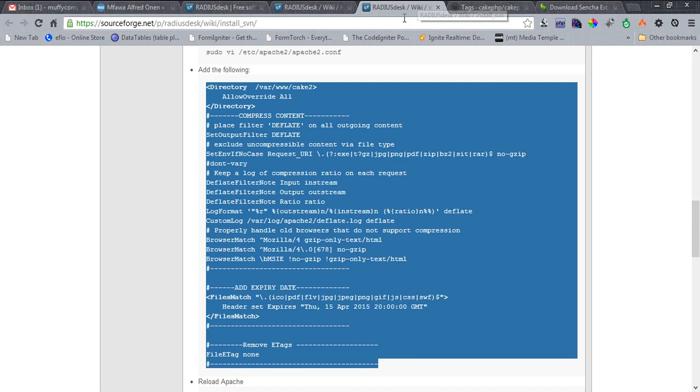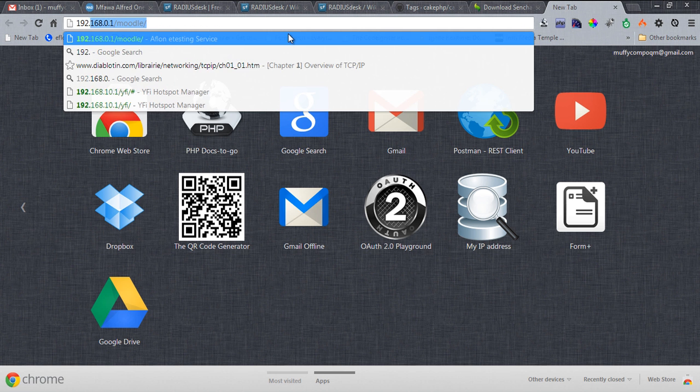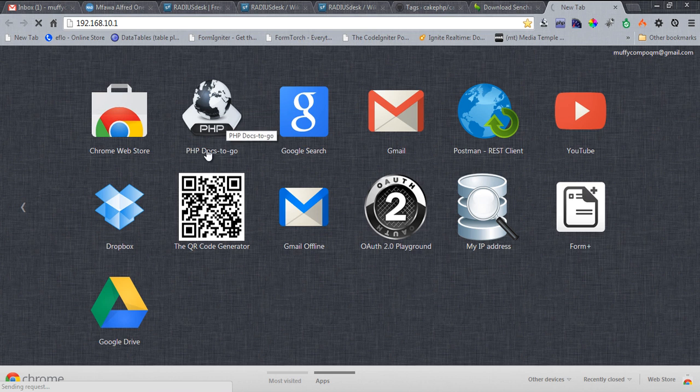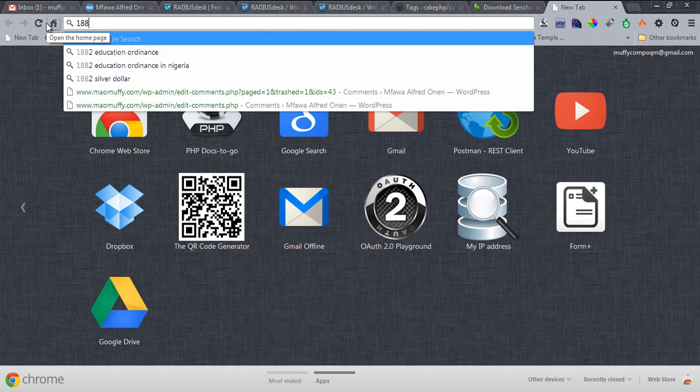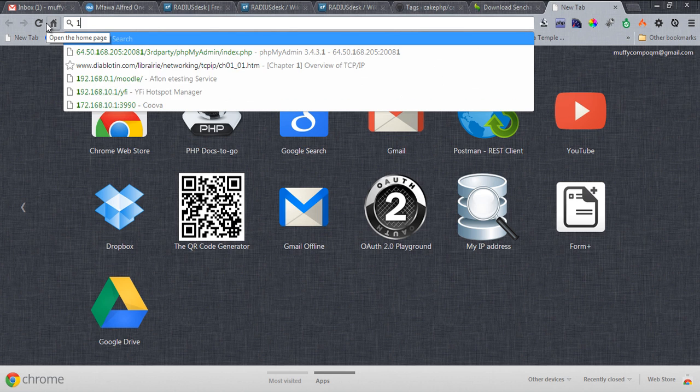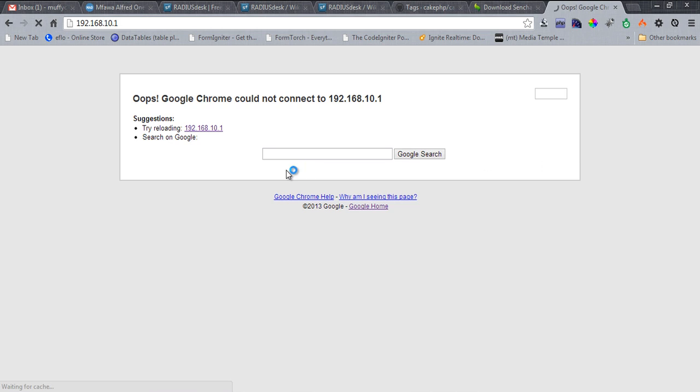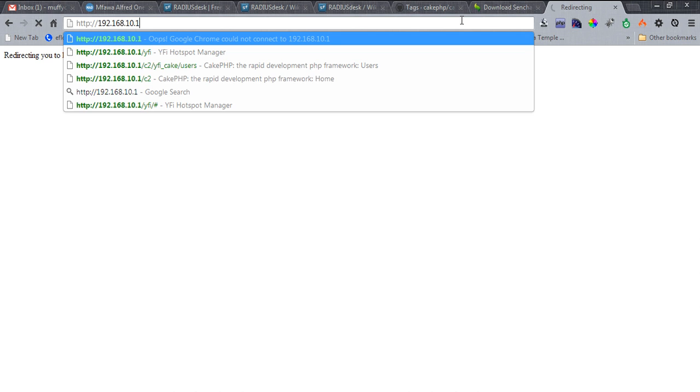So we can quickly test that we can reach the server. For me, this is the IP address of the server. Anytime you do that, for instance, if you have the default installed like I have, let me go ahead and load that again. I just want to show you. You can see here that it could not connect to the database and all that. One of the things we need to do, as a quick fix, just to show you what is stopping it, is that we have